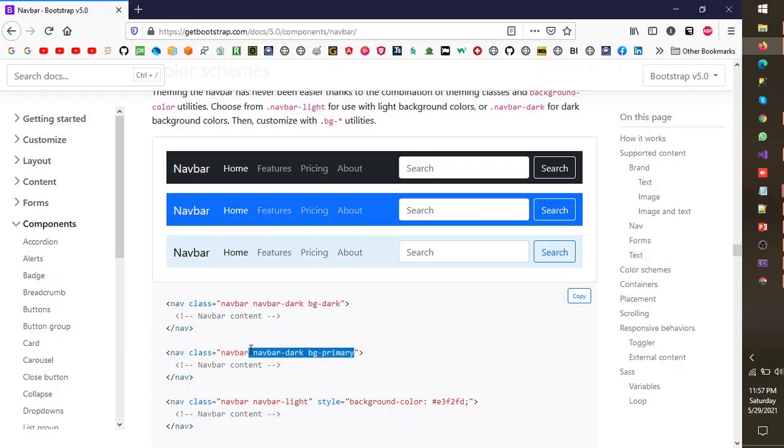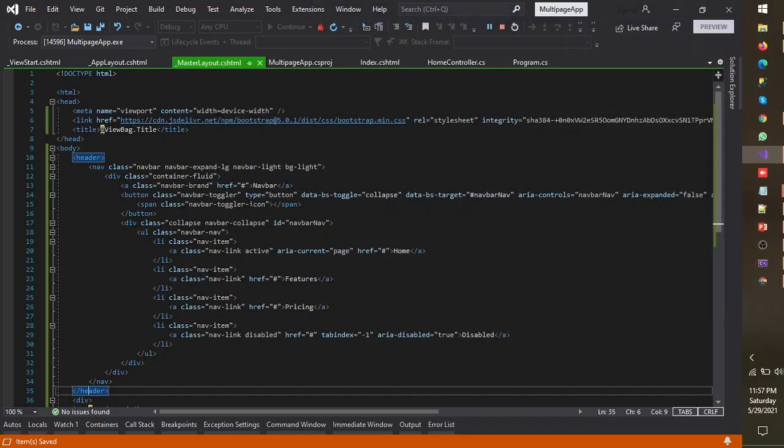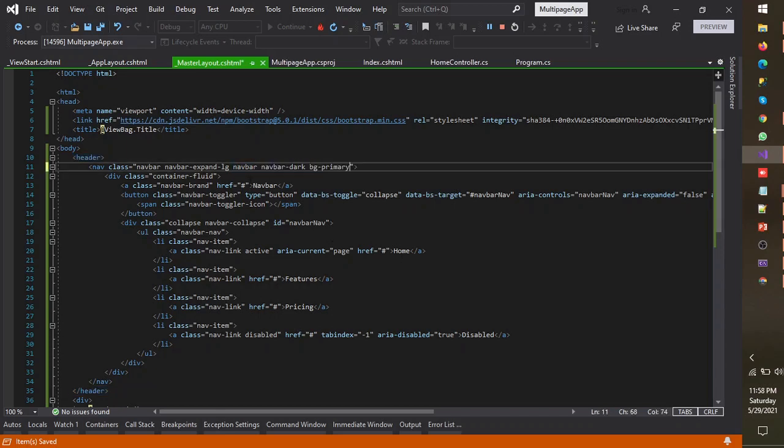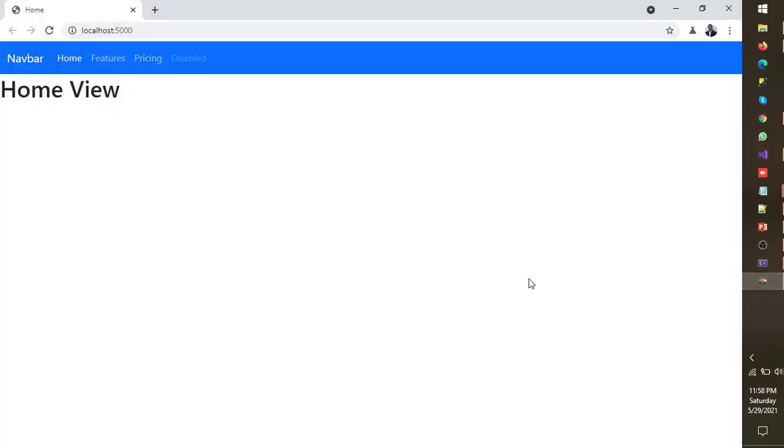So we would need this class from here. Navbar light, navbar is there, and bg light. So navbar is already there, we don't need that, we need navbar dark and bg primary. So let's try to run this. So yes,